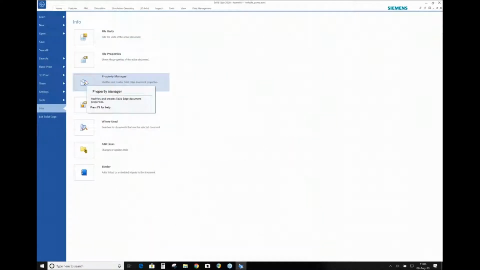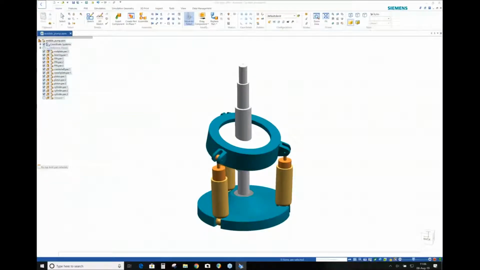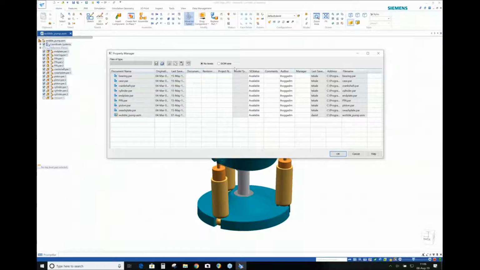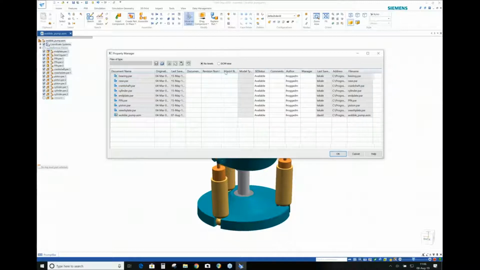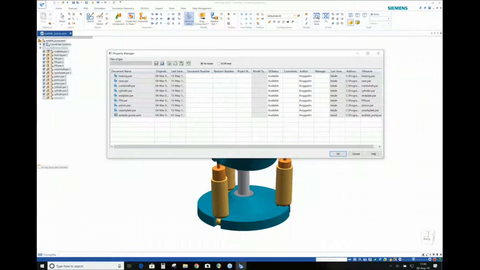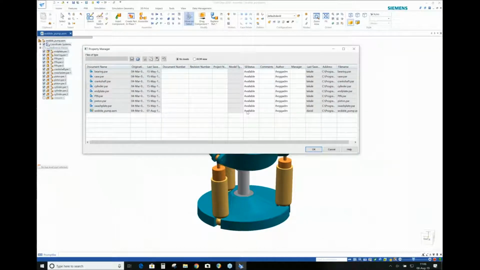Let's step back for a moment and go into Property Manager for this small assembly. If you're not using this tool, you really ought to be. This is your suite of table-driven information for all the components in the assembly. Anything that you add here is actually being put into the file, so of course you have to have write access